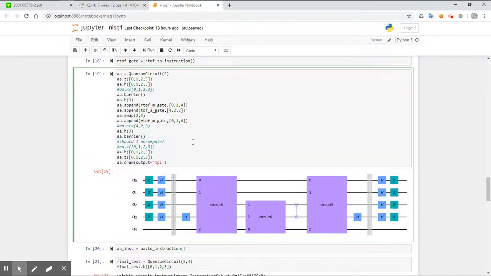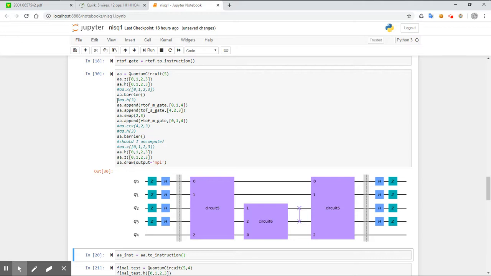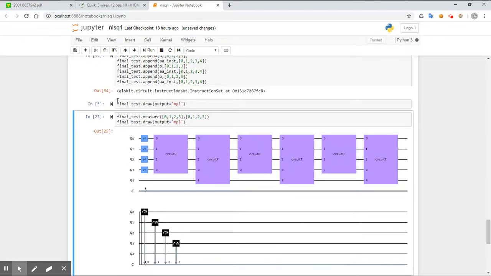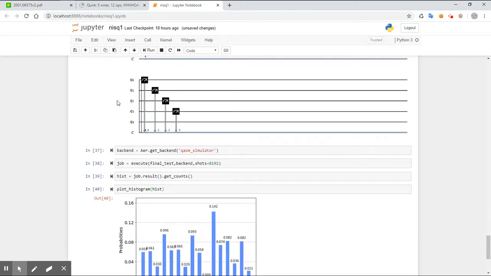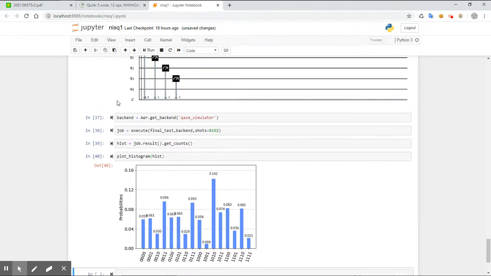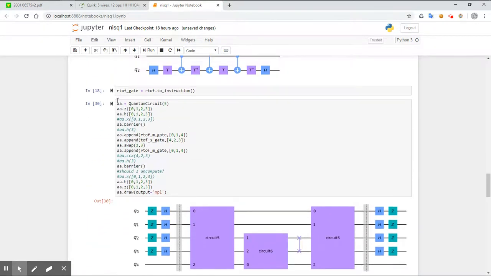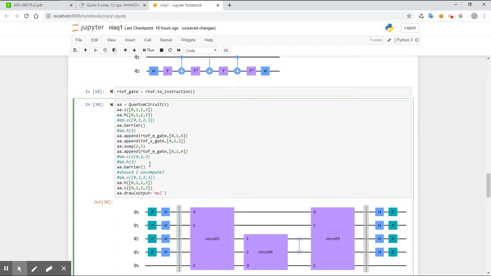So then they would not need that extra Hadamard in here and that extra Hadamard in here. It's even more messed up. If I replace that, okay, with